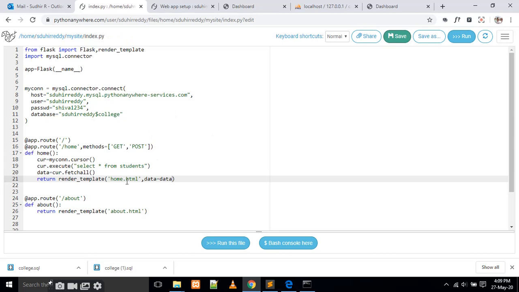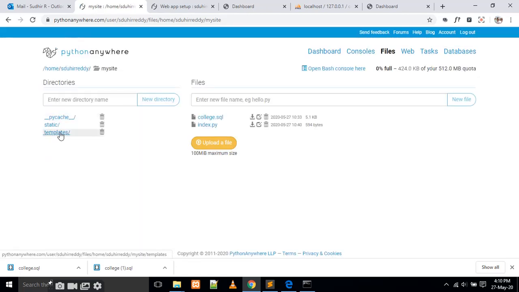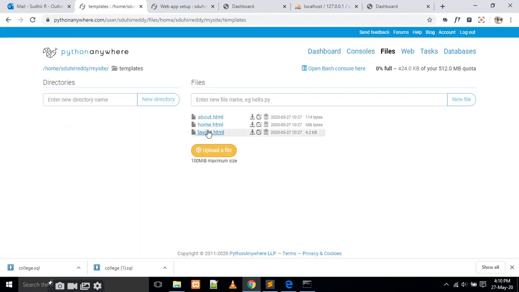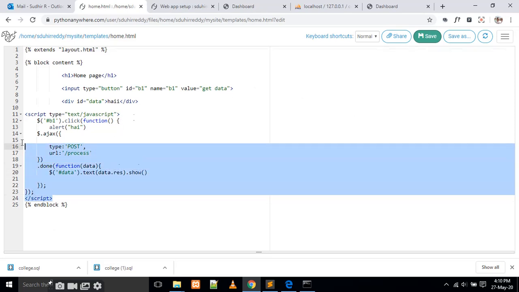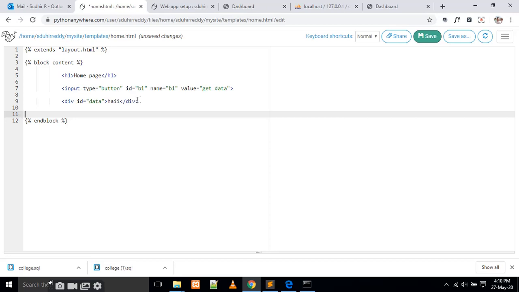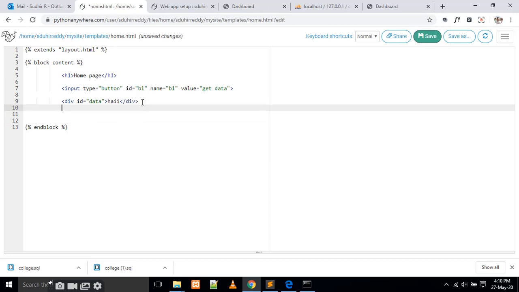I am going to display the data in the home page now. I am going into templates, the home.html. There is nothing needed here. Instead, I am going to write some Jinja templating here, some data here.